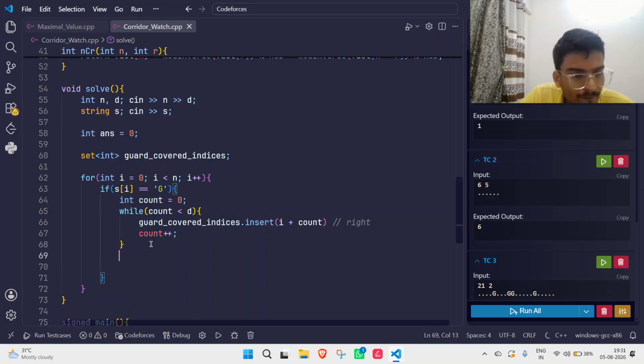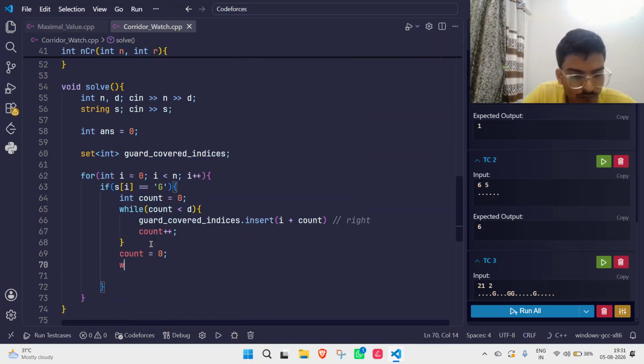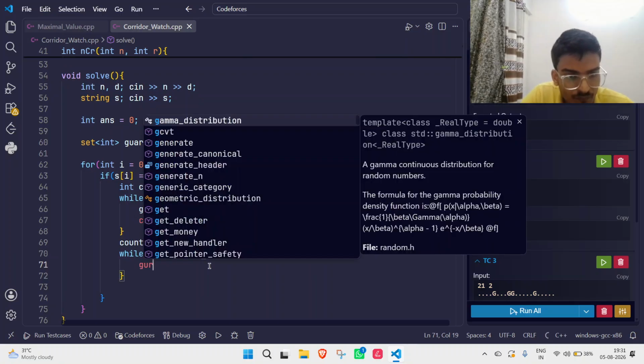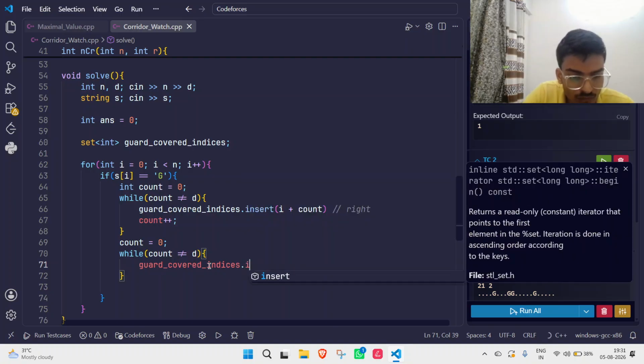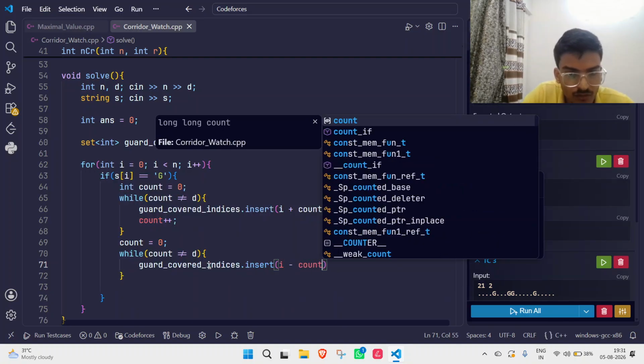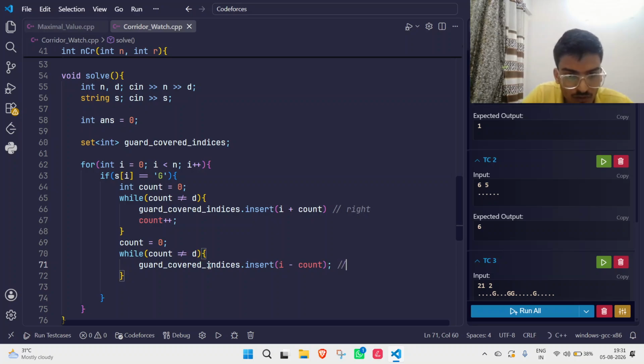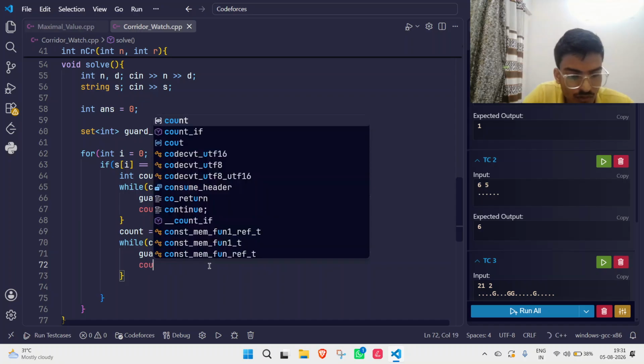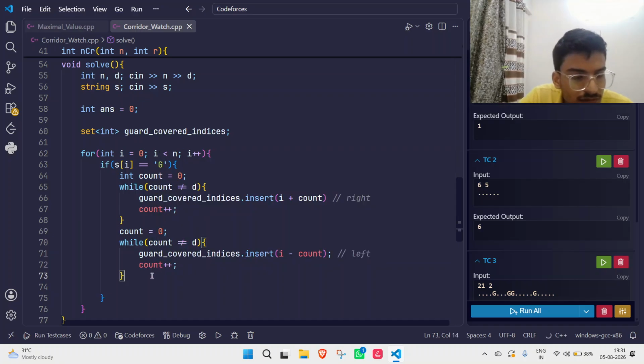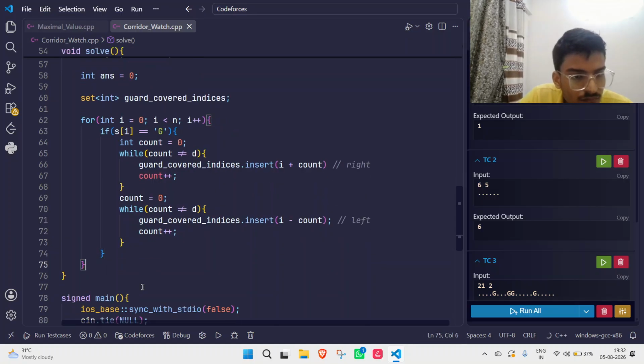Now you reset the count to 0, again go to the left, while count is less than D, insert I minus count for the left position. Then after the guard, get